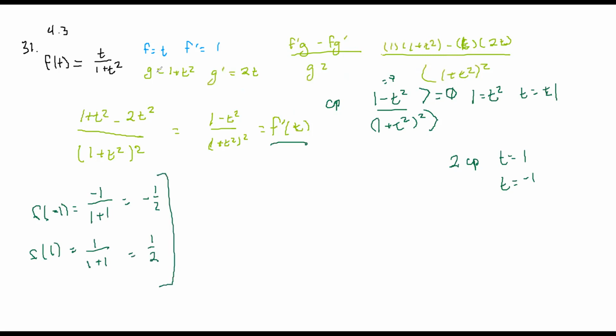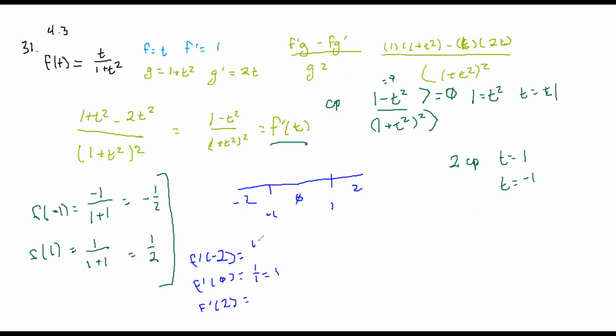We still need to figure out what's going on with the mins and maxes. So we have -1, 1, let's find 0, -2, and 2. F prime of -2, F prime of 0, and F prime of 2. So F prime of 0 is going to be 1 over 1, so that's just 1. Of -2, this is 1 minus 4 over